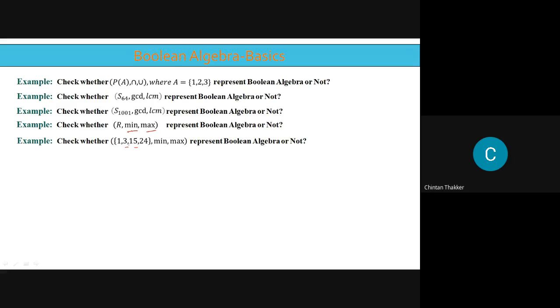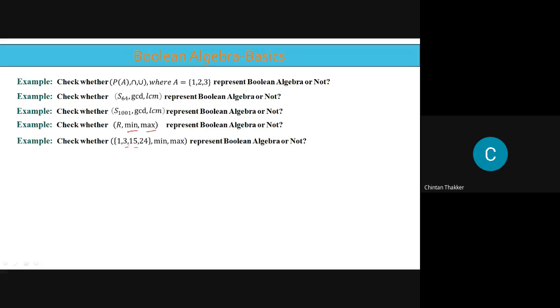इंटरसेक्शन यूनियन में मोस्टली सभी सेट में बुलियन अलजेब्रा आ ही जाएगा। फिर भी उसमें चेक करने के लिए आपको पावर सेट चेक करना है। ठीक है, जो सेट दिया है वो चेक करना है कि वो किसी सेट का पावर सेट है कि नहीं। अगर वो किसी सेट का पावर सेट है तो वो बुलियन अलजेब्रा होगा। या फिर ये भी यूज कर सकते हो अपने जो स्टोन रिप्रेजेंटेशन थियरम यूज की थी सब बुलियन अलजेब्रा फाइंड करने के लिए, वो भी कर सकते हो कि अगर इंटरसेक्शन यूनियन वाला सेट दिया है वहां पे चेक कर लो कि जो इंटरसेक्शन यूनियन जो सेट है